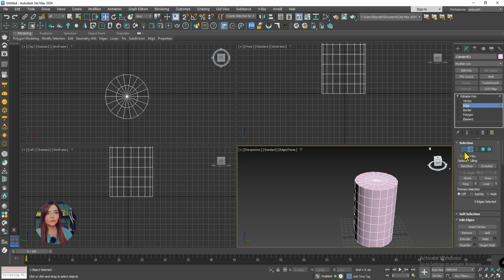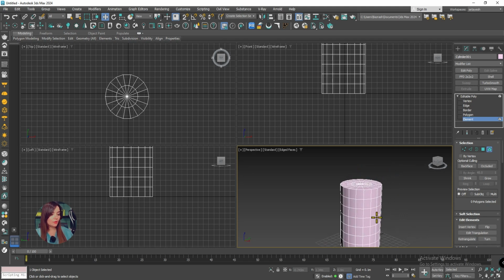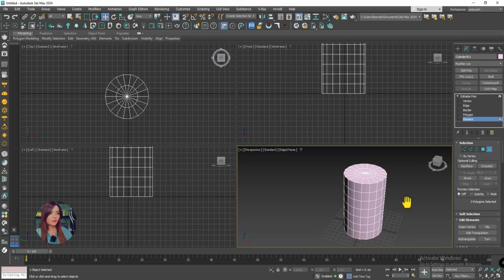And don't forget that you can use from here vertex, edge, border, and so on, and also use the keyboard: 1 for vertex, 2 for edge, 3 for border, 4 for polygon, and 5 for elements. And also play with F4 and F3. So,